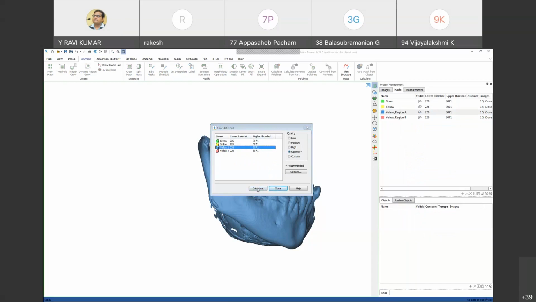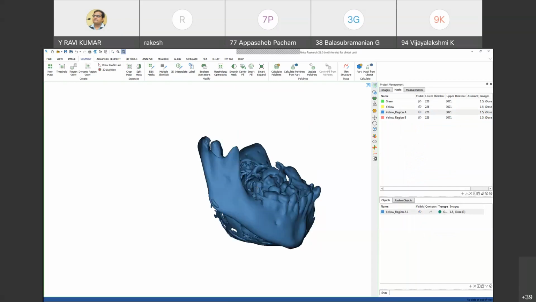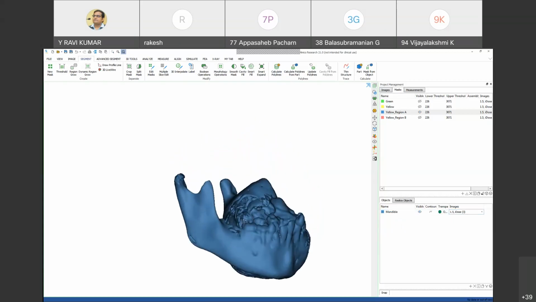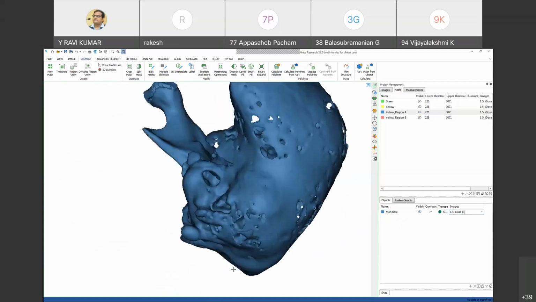From this mask, it will convert to the 3D model. Yes, got it. You see, it is edited. The mask is very smooth, and then the part can be printed.